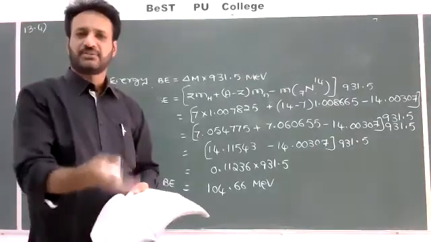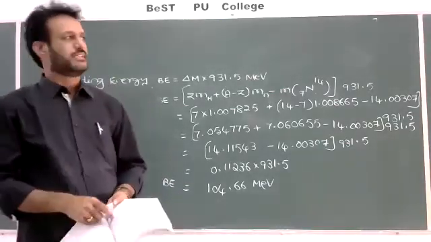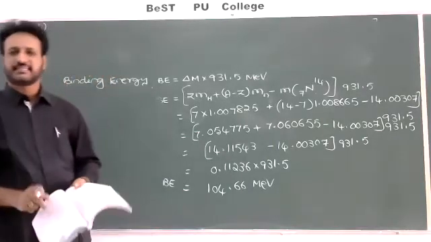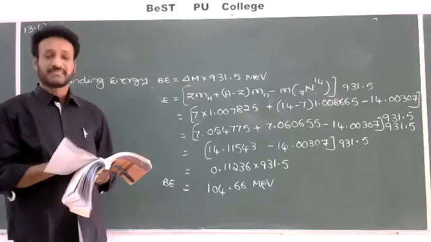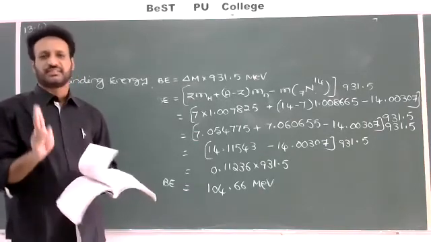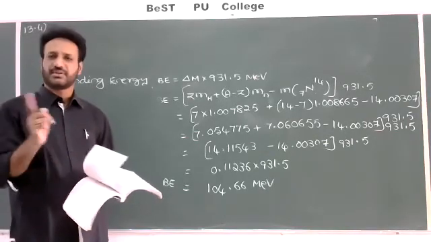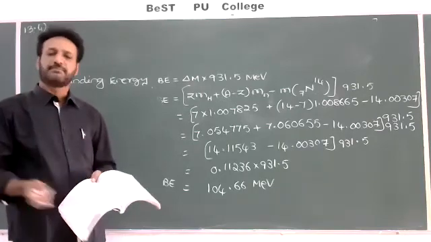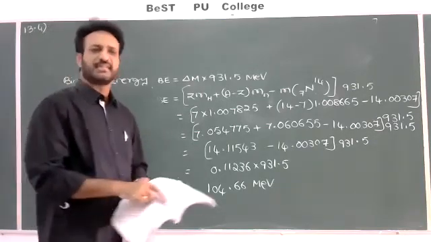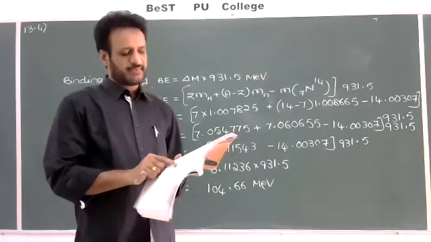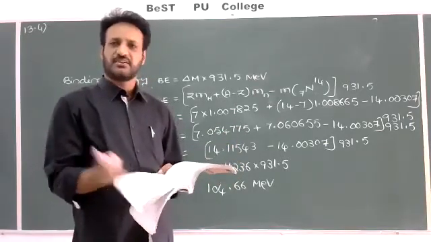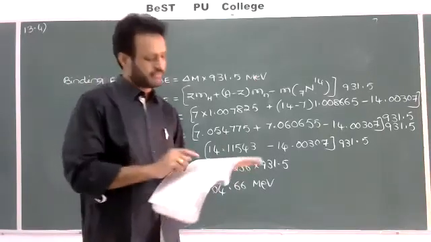So instead of nitrogen, they have given an iron nucleus, Fe with atomic number 26 and mass number 56, and also bismuth. So they ask two questions. One is, for the iron nucleus you should calculate the binding energy, and for the bismuth nucleus also separately calculate the binding energy. Now the data is given in units of MeV. Here also the same: the answer you have to get in units of MeV, mega electron volt.